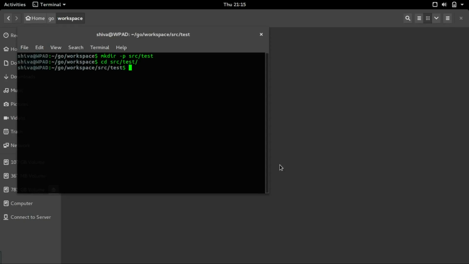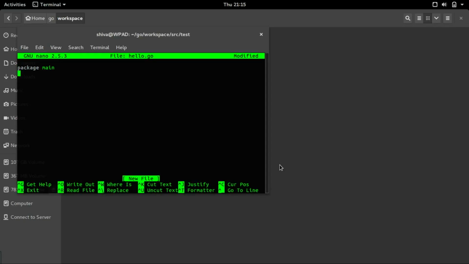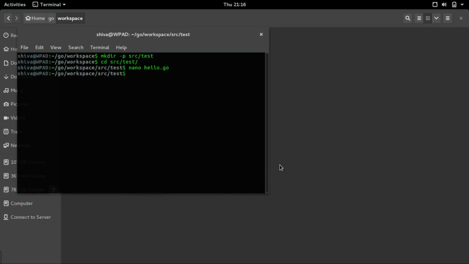Let's create a new file and let's create a new hello world program, hello.go. The command to run a go file is go run hello.go. Hello from go. Here you go, it works. So let's see how to install Golang on Windows.